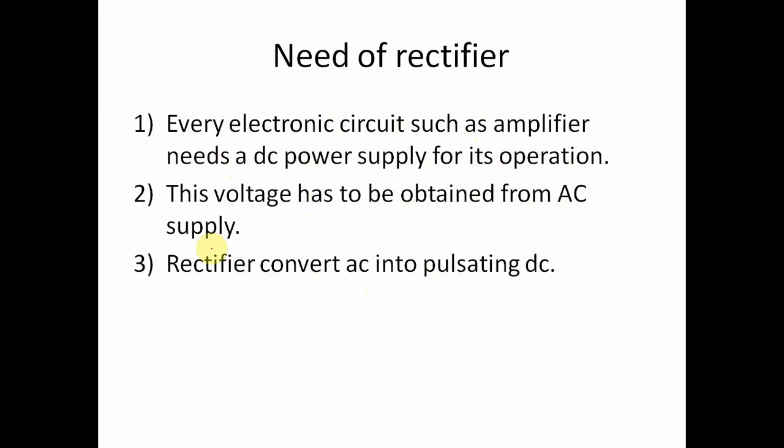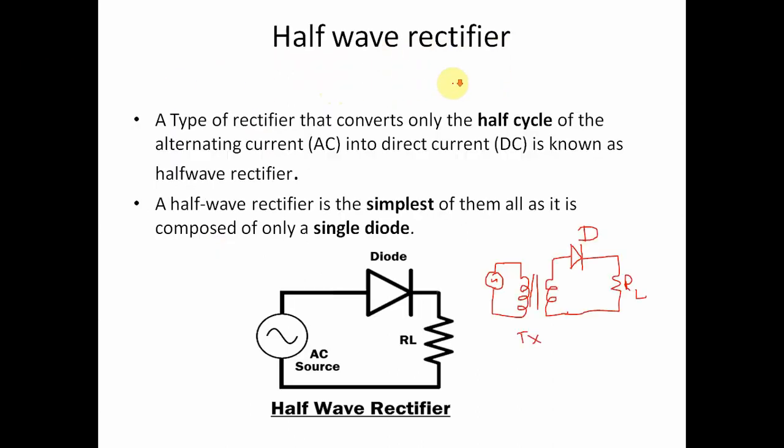Basically, an example of the need for rectification is your battery charger or mobile charger, which converts AC supply into DC supply. The same goes for your laptop charger, which converts the AC signal into DC supply, because the laptop and the mobile need a DC supply. For that purpose a rectifier is used, because a rectifier converts AC into DC.